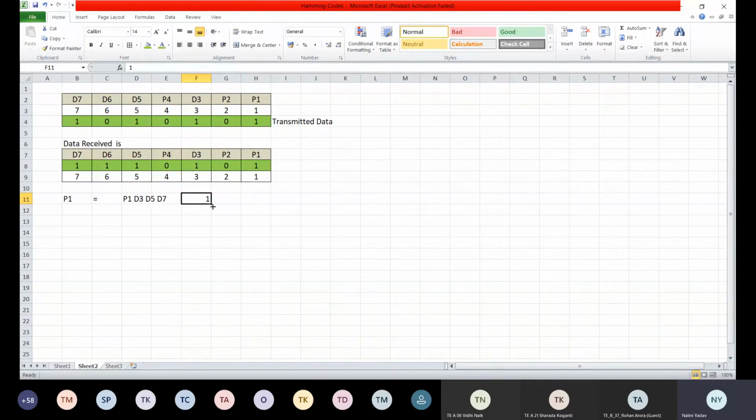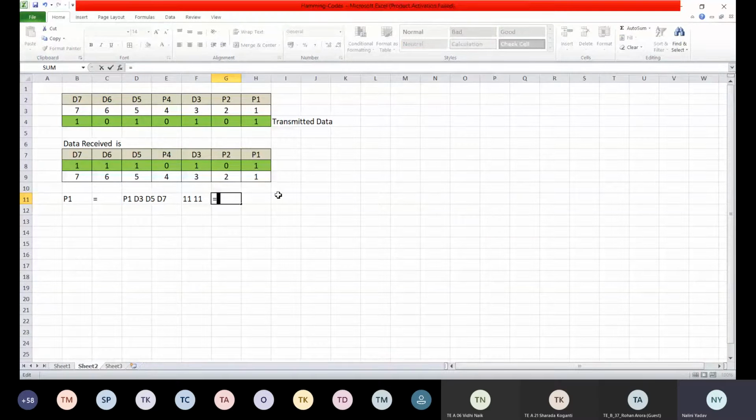So what is at p1? It is 1, correct? Now tell me, what is at d3? It is 1, right? What is at d5? It is 1, and at d7 it is 1, correct? So here I already have an even parity, fine.